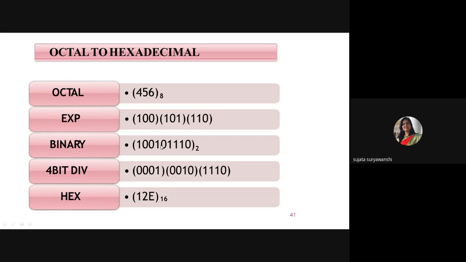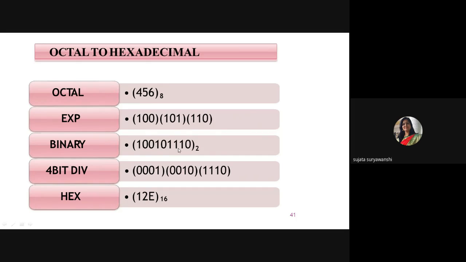that is 100101110. This is your binary number, and after getting the binary number, you need to make a group of 4. So can anyone tell me from where we need to make a group of 4, whether it is from the right side or left side? Yes. Right side. Right side. Very good. From the right side, because we always have to make a group of 4 from the LSB bit of your binary number. This is your binary number, and the LSB bit is 0.